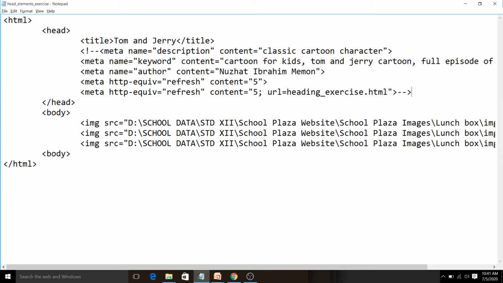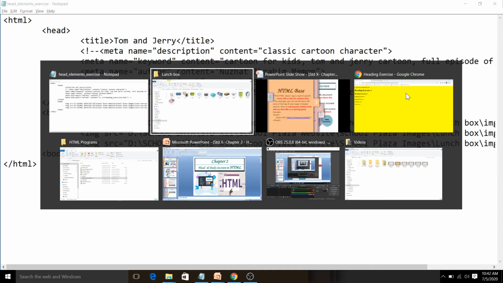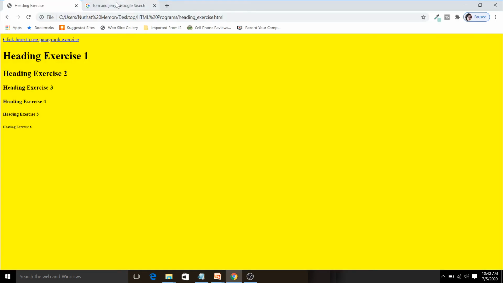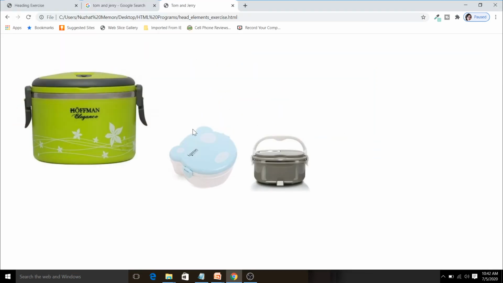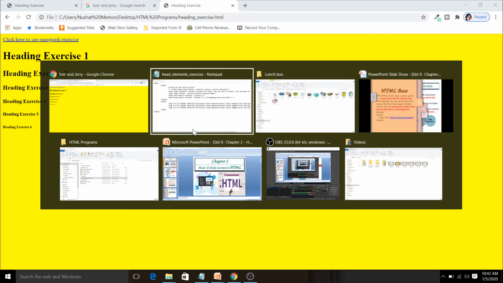Like when we refresh the page, we were getting the heading "exercise done". Right now it is disabled for the time being. Whenever in future I need it back, I will remove this comment and then we can use it. Now we will get only images when I refresh the page. For that I need to open that page again. These 3 images you are getting using the image tag src attribute.